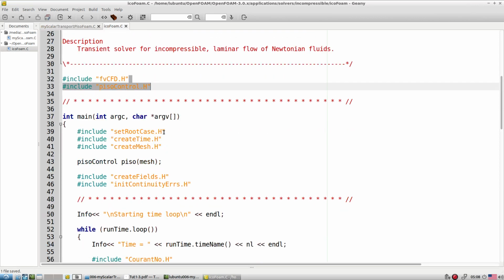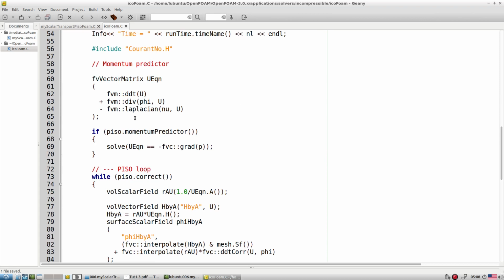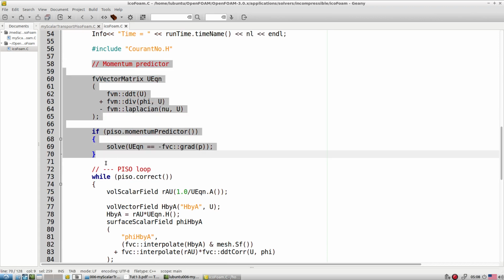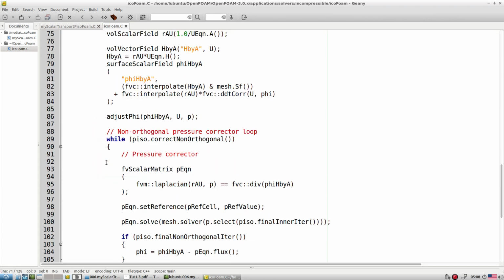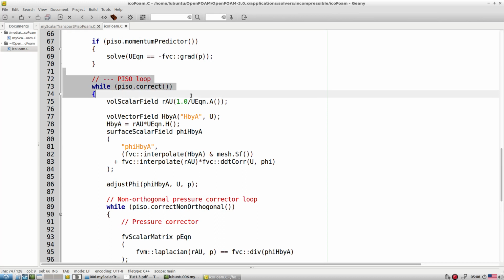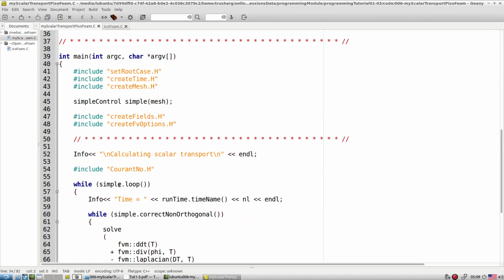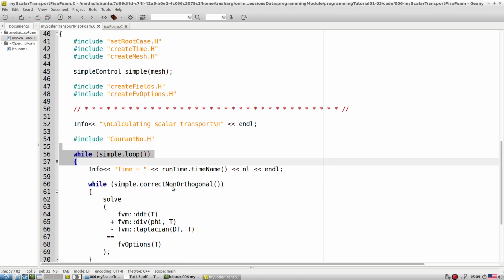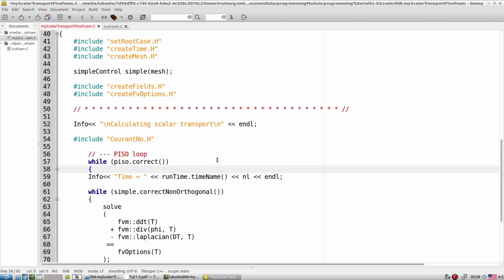Then what else? Inside the run, we don't want to solve any momentum equation, but we want to add the PISO corrector. So let's look at the PISO corrector.